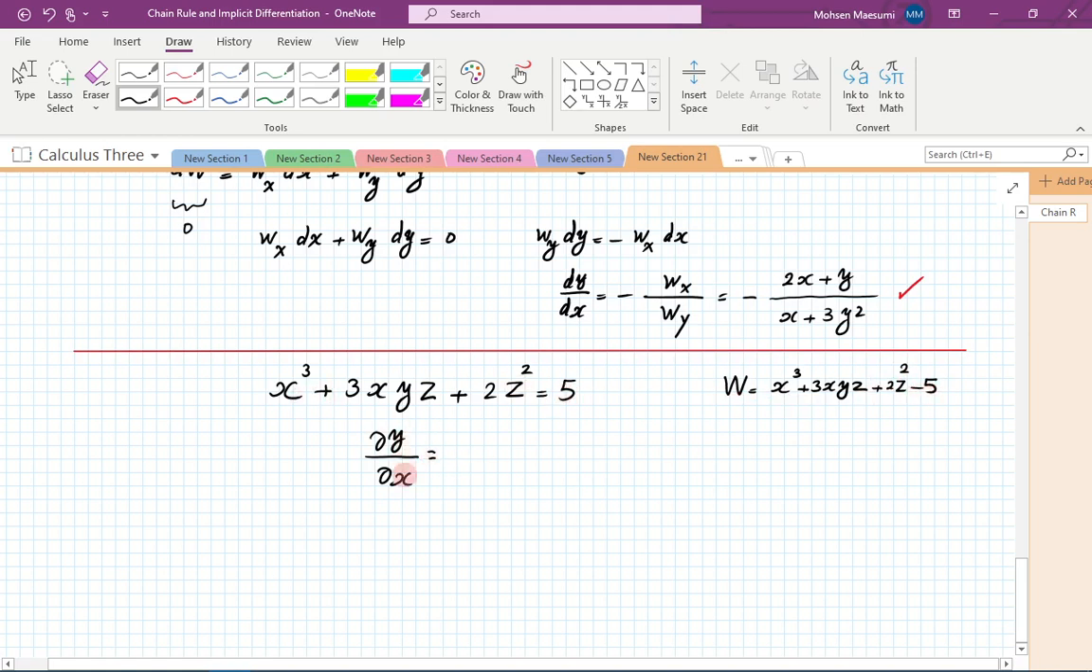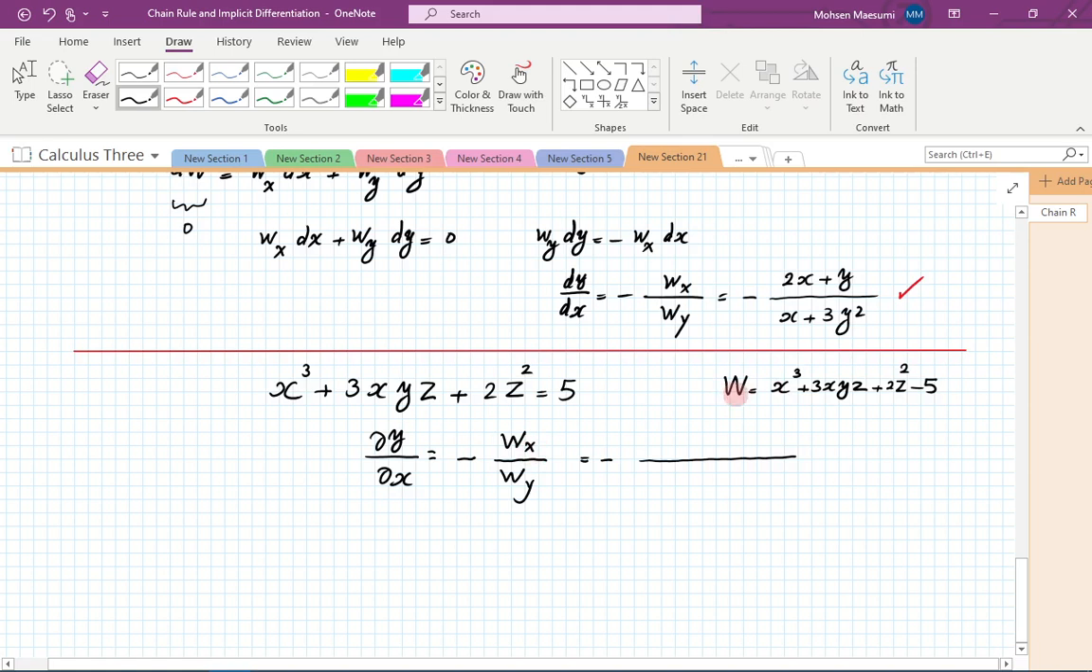Now partial of y with respect to x, exactly like here, there's a minus. Let's write it this way so that it fits easily. It's going to be the partial of w with respect to x over the partial of w with respect to y. Notice that the positions are crossed. So in this case it's going to be minus of